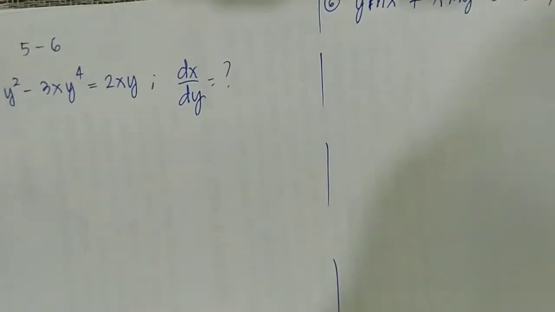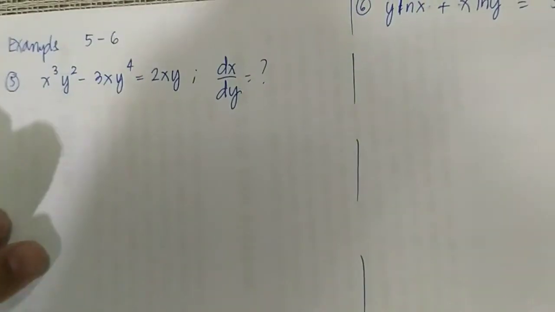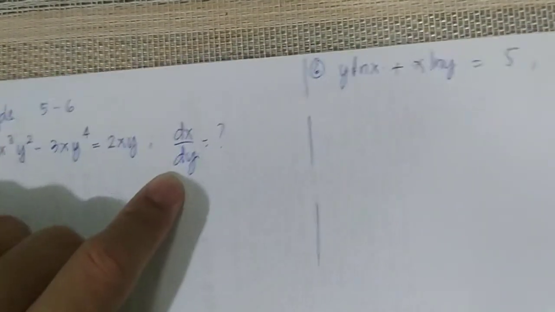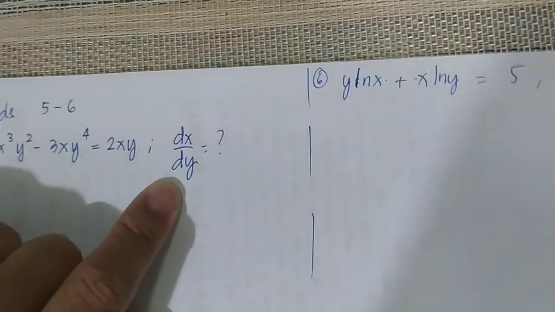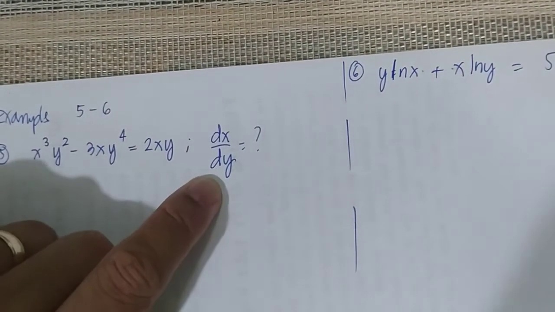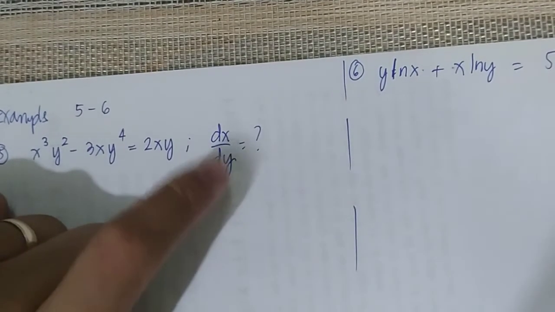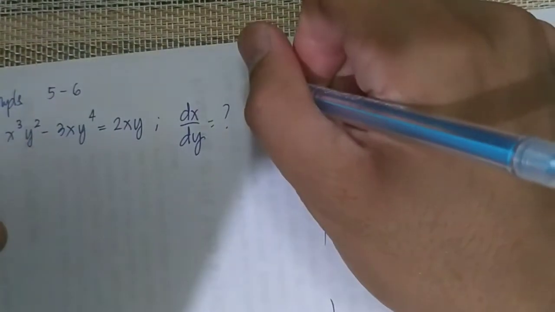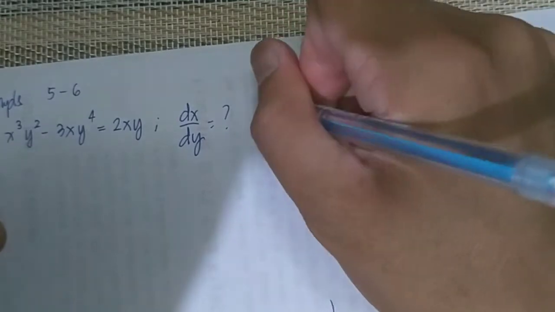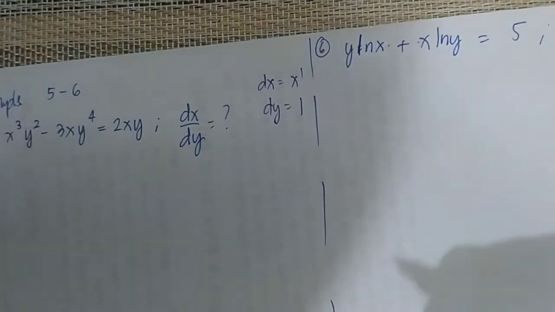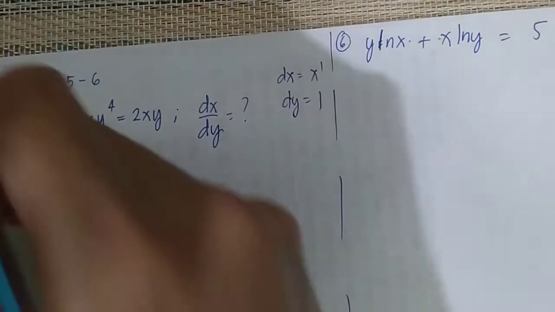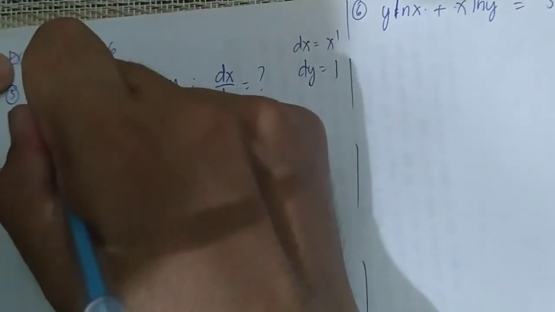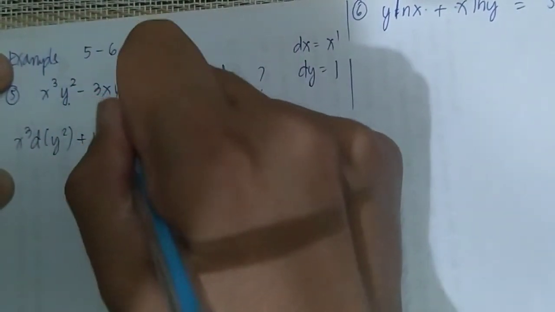So, example 5: you have x to the third y squared minus 3xy to the fourth is equal to 2xy. Find dx dy again. So, we are looking for the value of dx dy, or x prime again. Again, for dx dy, the dx is x prime and the dy is 1. So we don't get confused, this is the derivative of a product. So it becomes x cubed times the derivative of y squared plus y squared times the derivative of x cubed